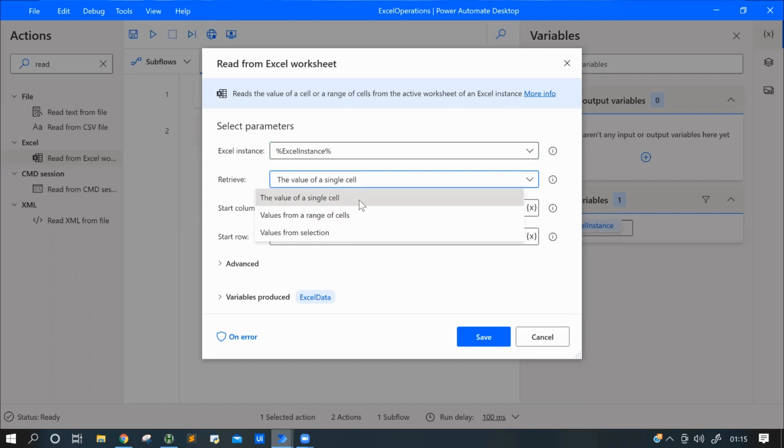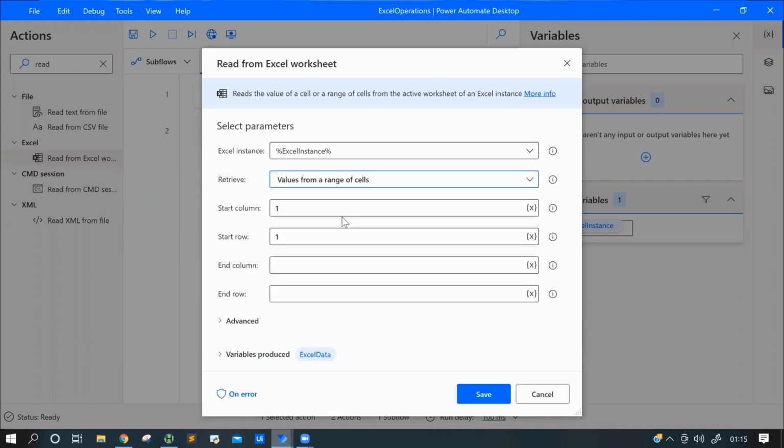For a single cell, you just need to specify the column name and row, like A1 or whatever is there, and it will give you that. In our case, most of the time we want a specific range where we need to select. The start will always be 1, 1, but what about the end column? If it is a static file, for example, where the data is specific in the Excel file, you can go ahead and give, for example, a column like HG and a row like 59 or something. I'm just giving an example.